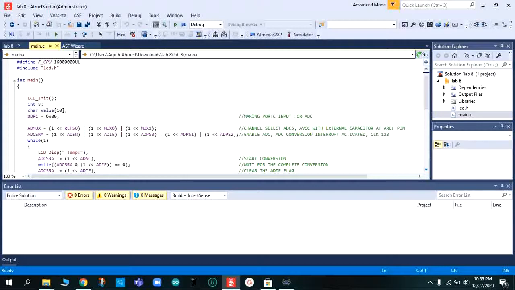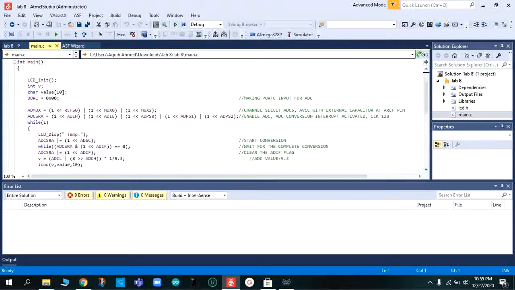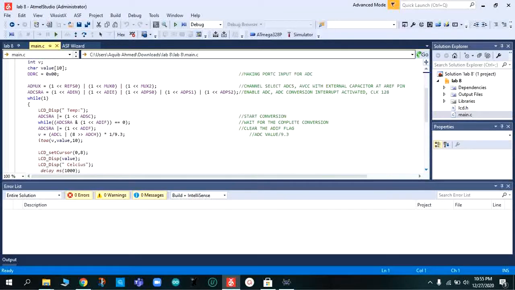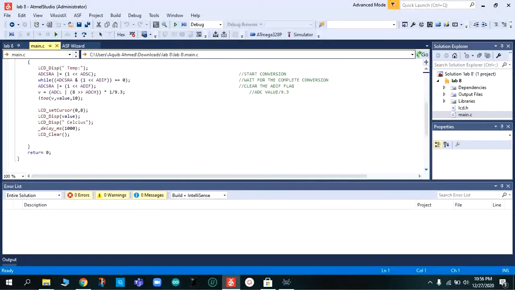ADCSRA is enable ADC, conversion interrupt activated, CLK 128. LCD display temperature, start conversion, wait for the complete conversion. ADCSRA is equal to 1, clear the ADIF flag, and the ADC value is read.